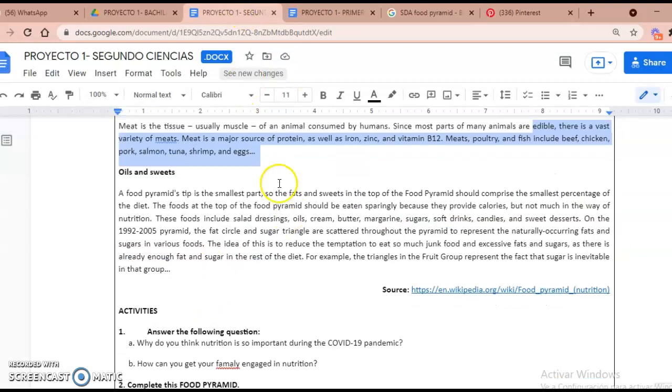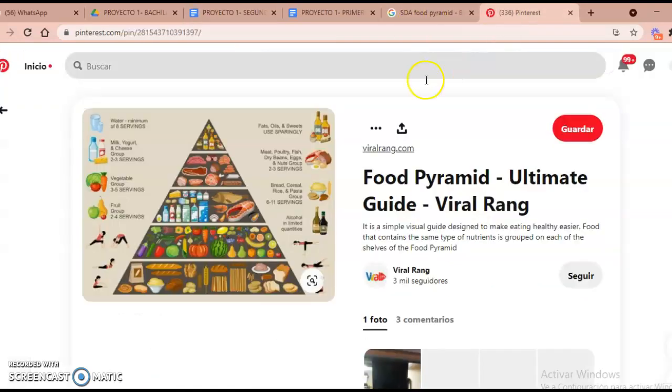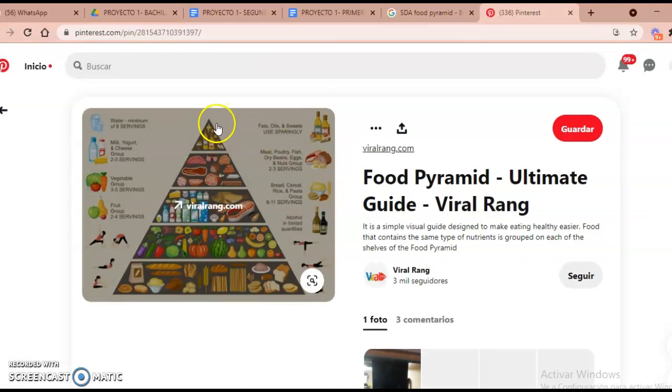The last section, and it is not recommended, y esta sección no es muy recomendada, oils and sweets, aceites y dulces. A food pyramid tip is the smallest part. Can you see here is the smallest part? Es la parte más pequeña. So it means that you can eat only a small quantity of this section. A modest quantity of this section and it goes down y se va decreciendo porque estas cantidades necesitan ser consumidas